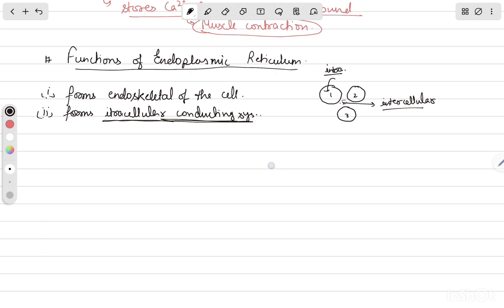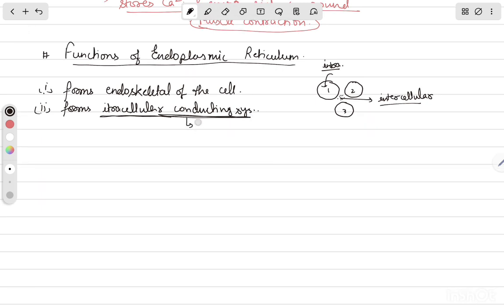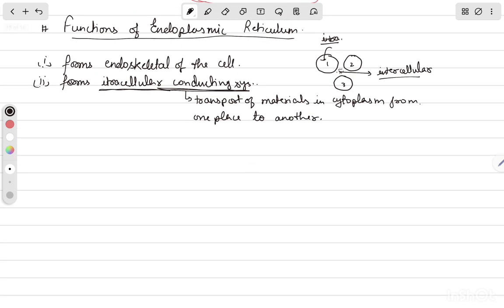Conducting system means it is involved in transport of materials in cytoplasm from one place to another, right? So that is the second function of endoplasmic reticulum. Third function of endoplasmic reticulum,